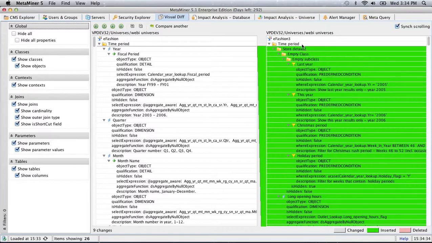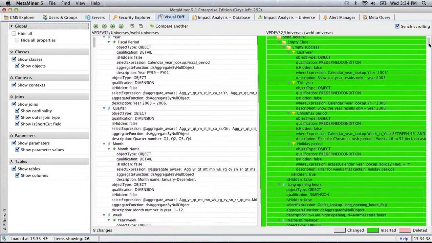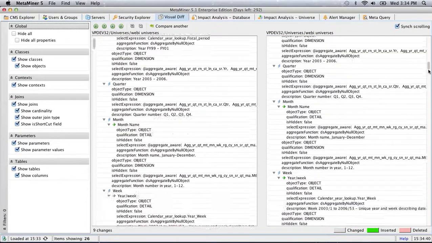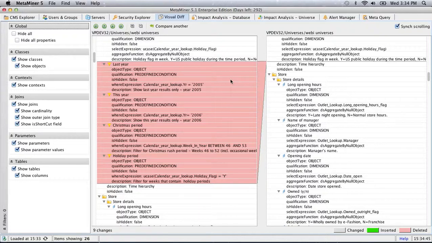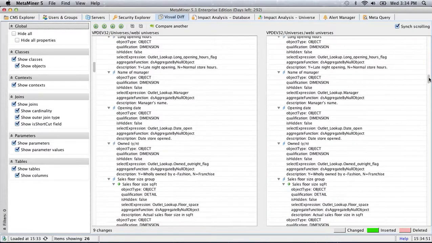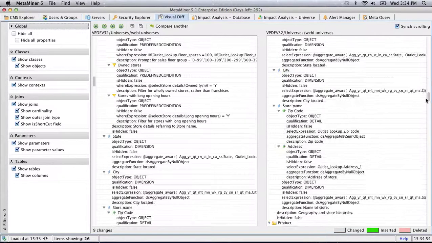Now I simply scroll down, and the first thing we do see is that Stored Details 2 is a new class visible in the eFashion 3 universe and not in the eFashion universe. And as I continue to scroll down, you'll notice that other differences or changes between both environments appear. So here we have a few more filters, and as I continue to go down, you'll also see,